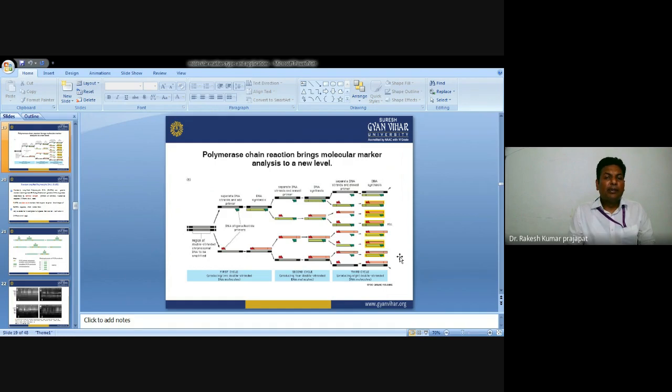The basic principle of PCR involves a thermocycler. The main objective of PCR is to amplify a particular DNA sequence into multiple copies. Basically, it amplifies the DNA sequence to the power n, where n is the number of cycles. From one cycle it will produce two copies, so two to the power n. One cycle gives one to two, two to four, four to eight, eight to 16, and so on, to the power n cycles.